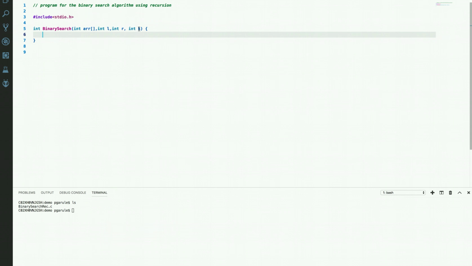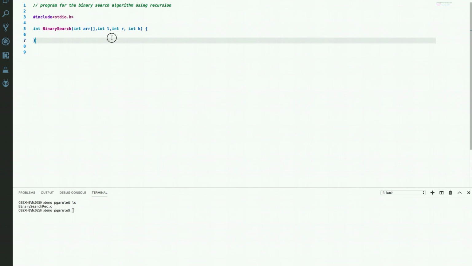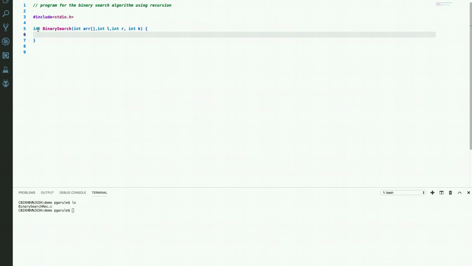And next is K, the value that we want to find in the array in between the search intervals L and R. And if you have noticed, the binary search function returns an integer value, either -1 or the index of the element where K is present. That is, if K is present, it will return its index, and if K is not present, it will return -1.